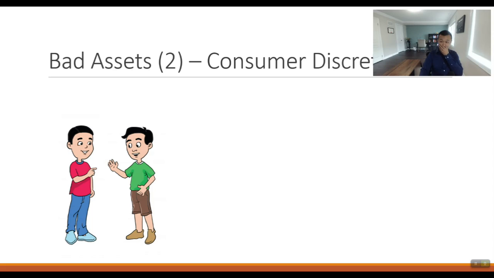So the second bad asset, in my opinion, is consumer discretionary. This is stuff that you can easily cut out from your life. Oh, gas prices are going up, food prices are going up. I have no more money left. What do I need to cut? I need to be cutting something. So this is stuff that's easily cut. Think about your life. What if you go bankrupt? What if you become much poorer? What are the first 3 things, the first spending you cut? Those stocks, stay away from those stocks.